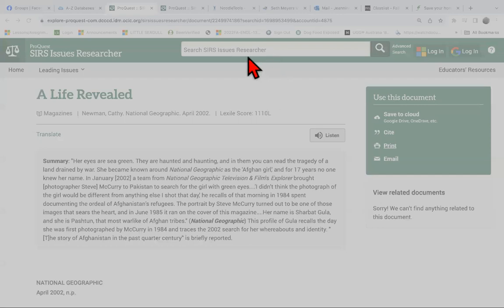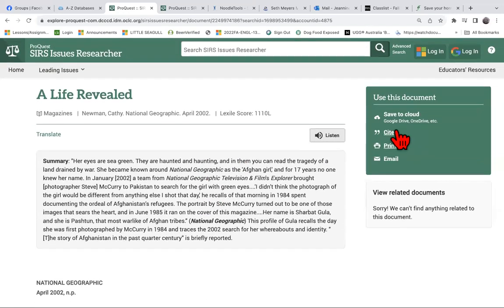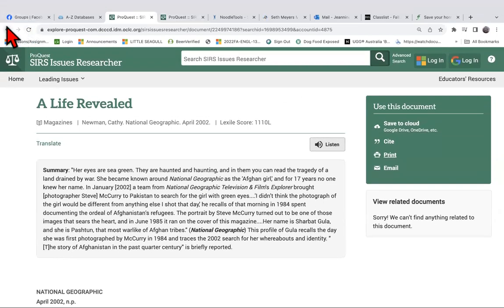So you could say a life revealed, I think that's what it is. And you could put Afghan Girl, and then wherever you want to put it, if you want to put it in your documents, well, it should be able to. There. Now I know where to find it. Okay, so you could do that instead of emailing it, but you do need to have the citation. Now let's go to